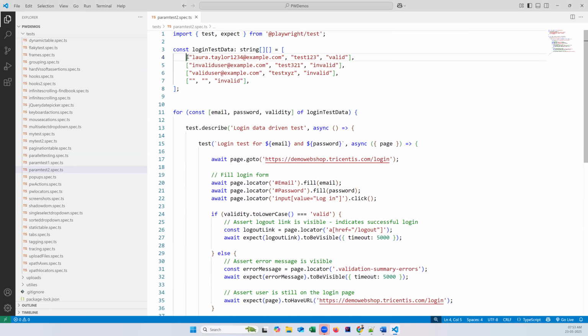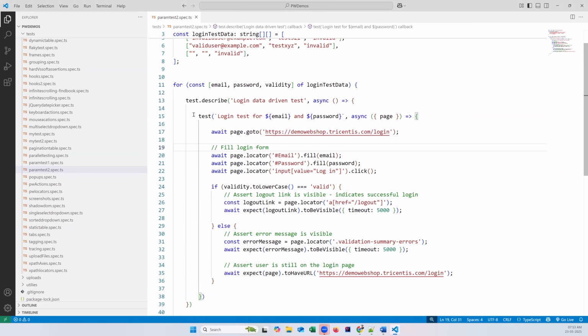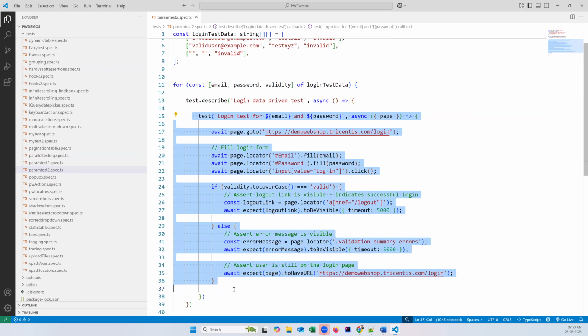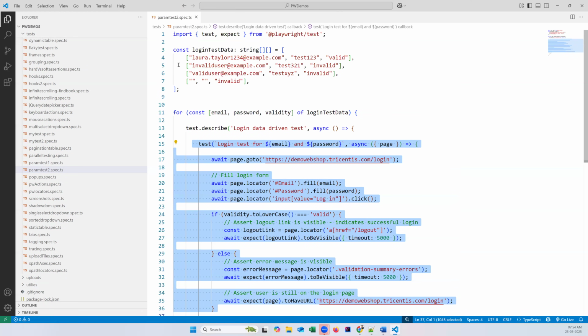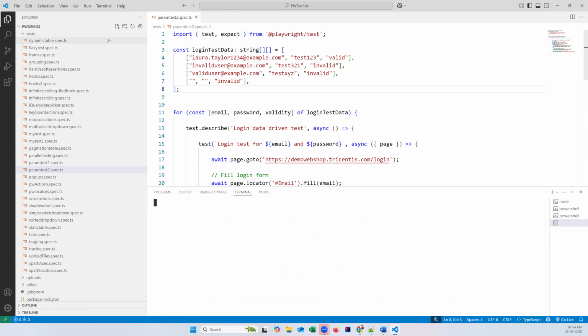So this time we are passing email ID and password along with the valid or invalid field. So when you pass this, the for loop will repeat multiple times. Each time the test will execute with a different set of data. Now I'm passing some valid data and some of them are invalid data. Let me run the test. Go to the terminal